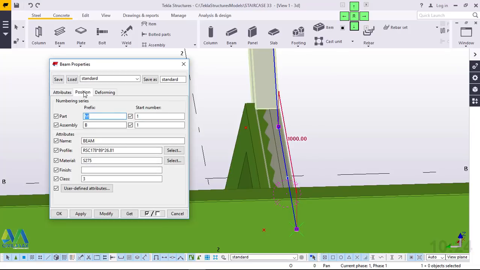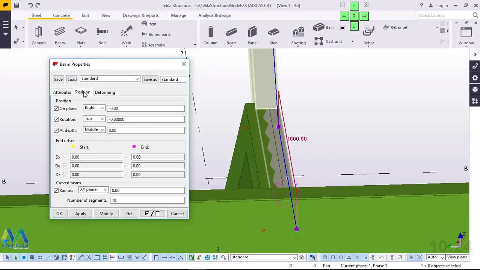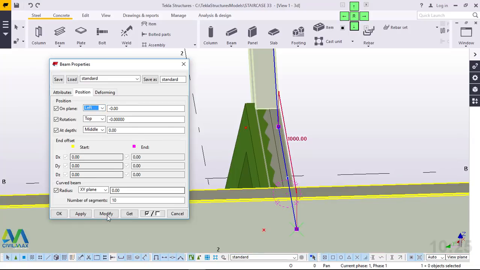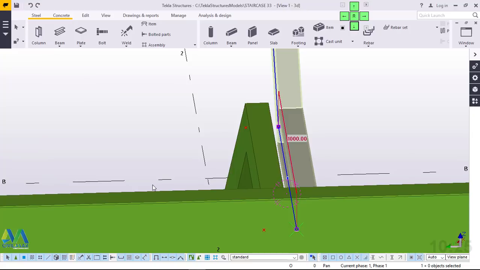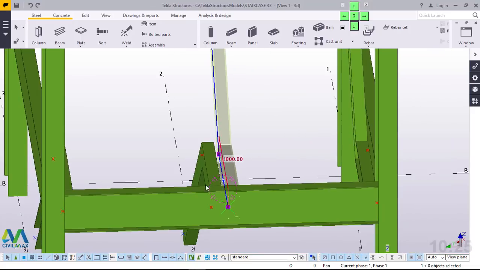Now I'll come to position here under beam properties. Then I'll come to position. Under position I'll pick on plane box, and under the drop down arrow I'll click on the drop down arrow, then give it a left move. I'll move it in that direction. I'll give it apply and OK. Then I'll come back to this